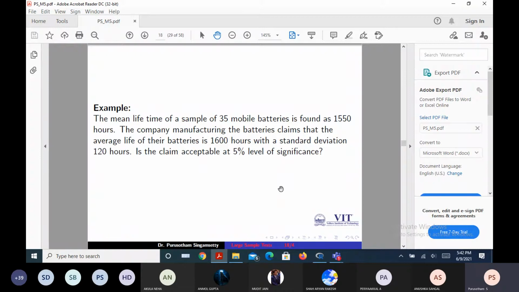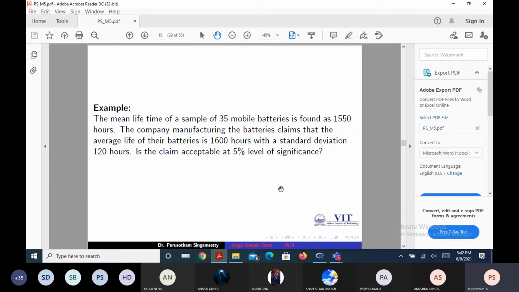Sometimes you may be comparing one company's products with other companies, or within the company itself you may be taking two different lots, and from that you are making some comparative conclusions. In that case the data goes into a two sample test, whereas right now the question is related to single sample data, but the size of the sample is 35.